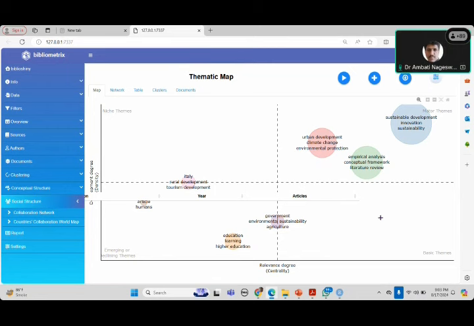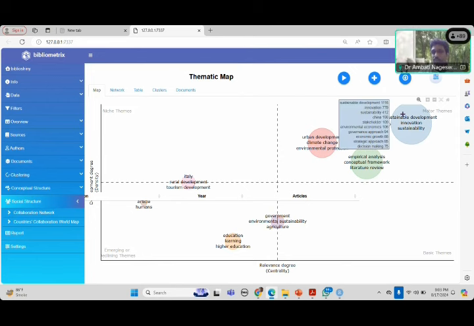If you look at the bottom right side, these are the basic themes. These basic themes are there, but not popular. Not popular in that case, meaning people are not extensively working on it. Whereas the top right side,